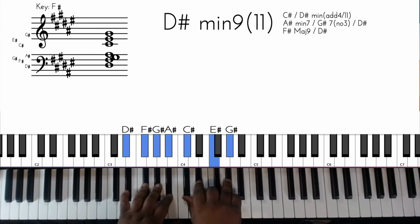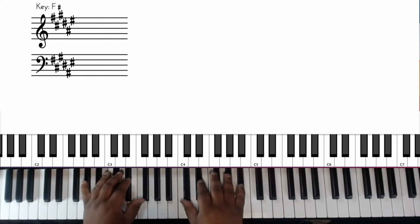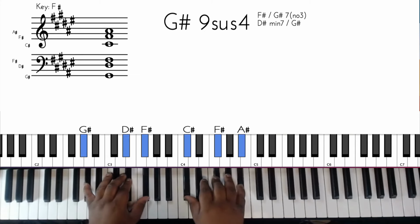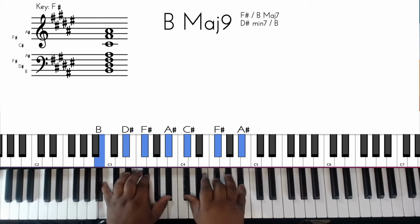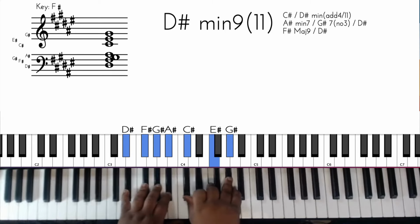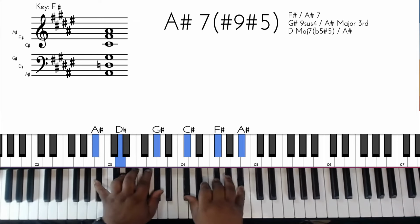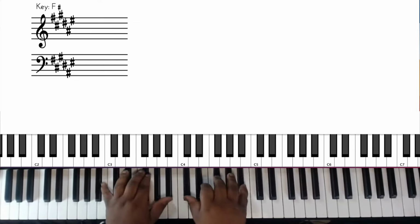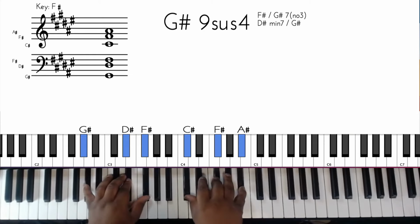So, let me play through all the chords. All right, here we go. Okay, so that's all the chord changes. So if you just want to do the chords without the melody, there you go. So you got